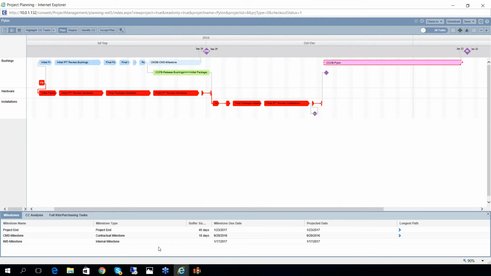So again, the timeline view is pretty straightforward. For those of you who are familiar with critical chain, the red boxes represent the critical chain. For those of you who are not familiar with critical chain, think of that as the critical path of the project. The important point I want to highlight here is you can see why this critical path is going to be very stable, right?